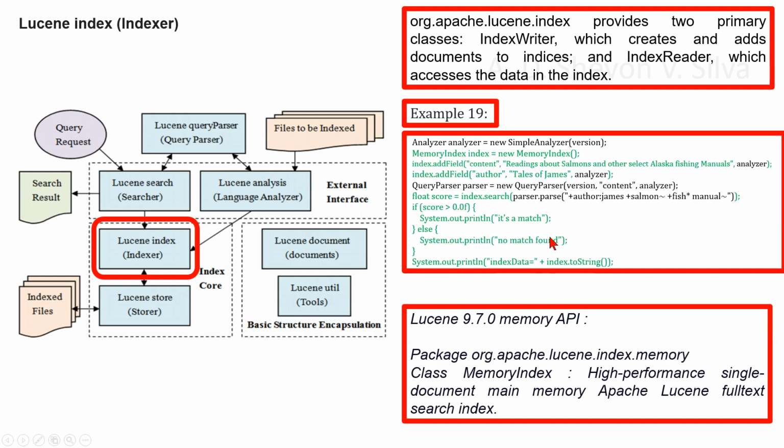Here you can see an example usage. This class is a replacement. Here the MemoryIndex is a replacement subject for RAM resident directory implementation. It is designed to enable maximum efficiency for on-the-fly